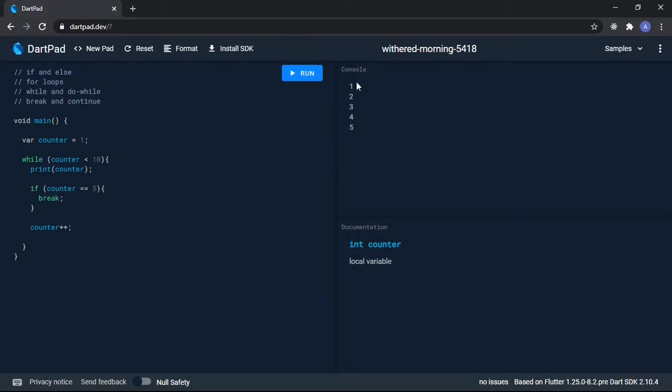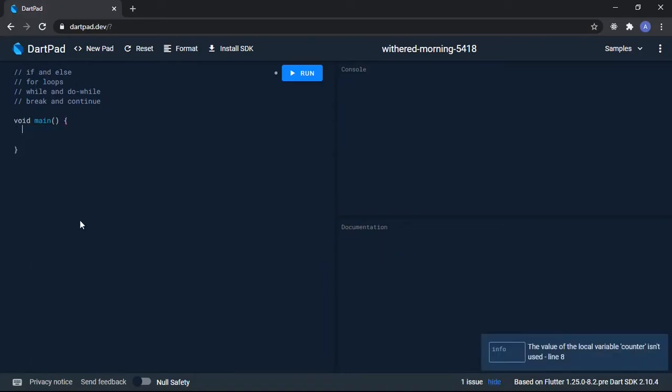Yes, we print 5. So this is another way to break out of our loop using the break keyword. And to show you what the continue does, I'll say for var i equal to 0, i less than 10, and then the increment or decrement, whatever you want to do there. So this is just a loop that will loop 10 times. Now if